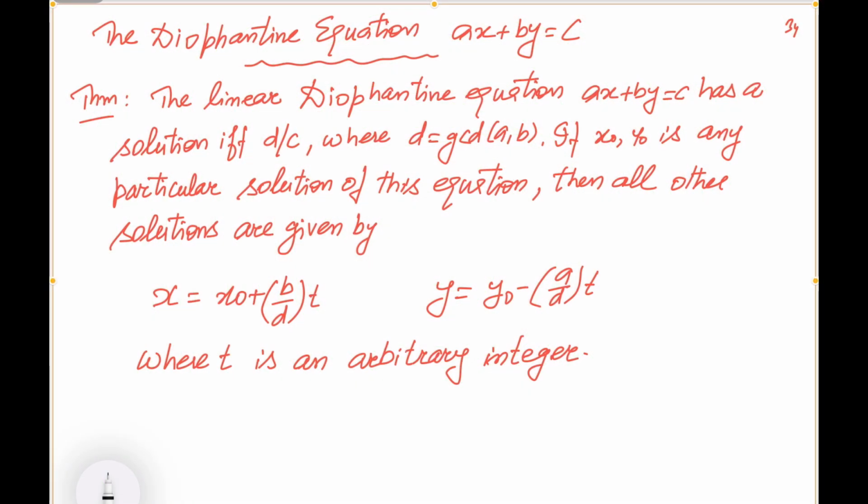A Diophantine equation is of the form ax plus by is equal to c. Now we want to solve this equation to find values of x and y. This equation is solvable